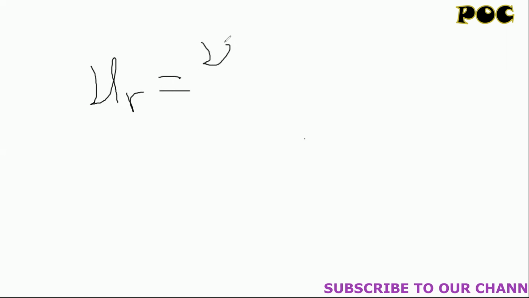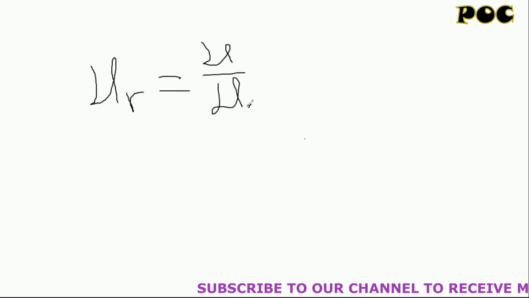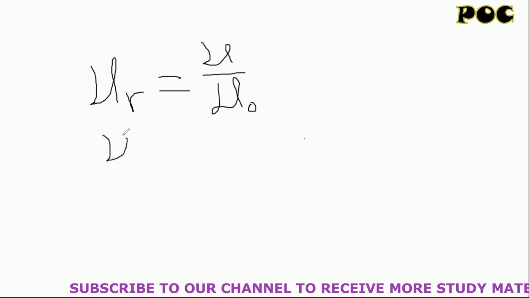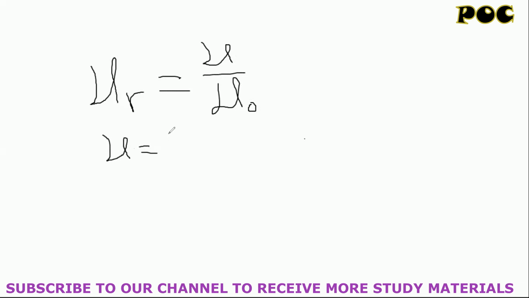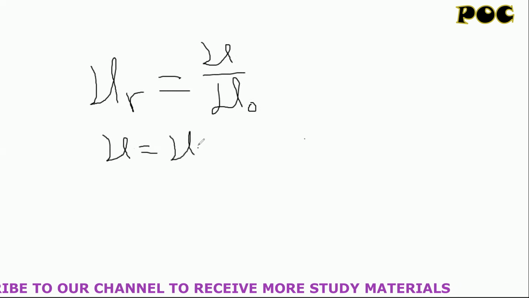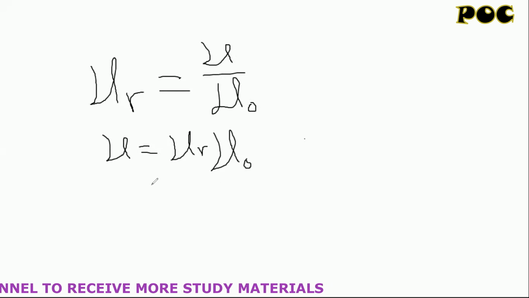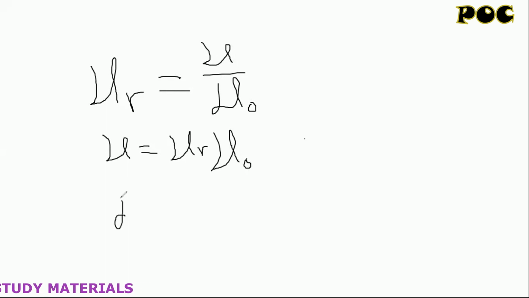Now, we say relative permeability is equal to permeability of media over permeability of free space. This implies that the permeability of media will be equal to relative permeability multiplied by permeability of free space. Now, if we are given a media other than air, we can write the Biot-Savart law as